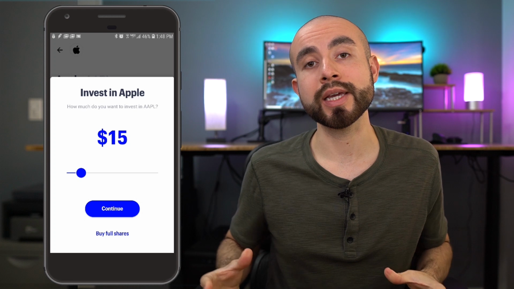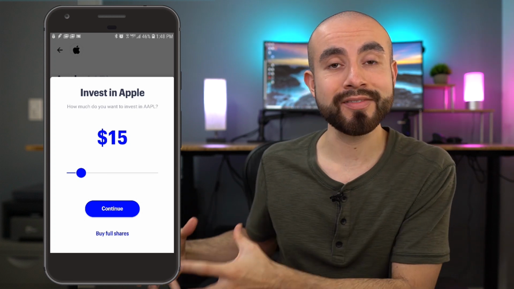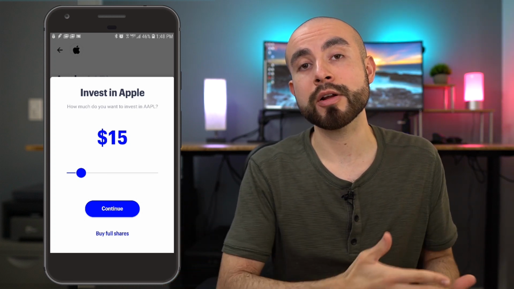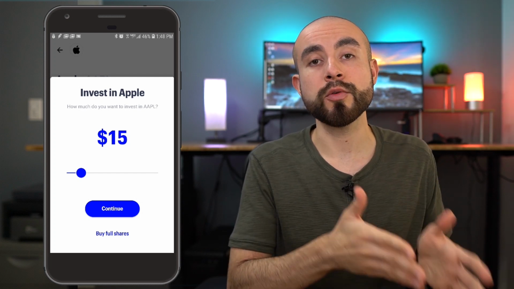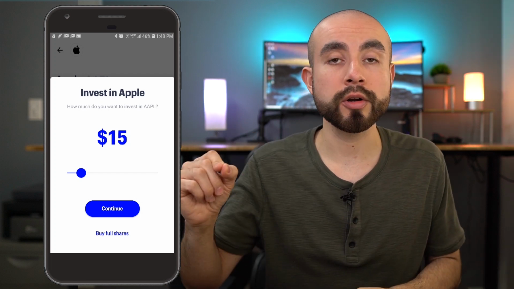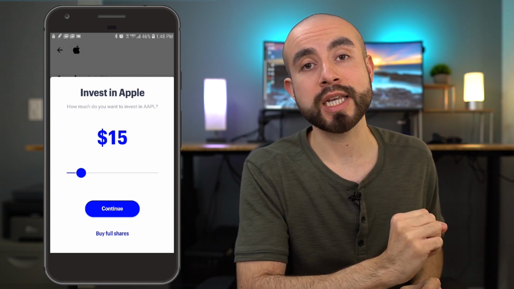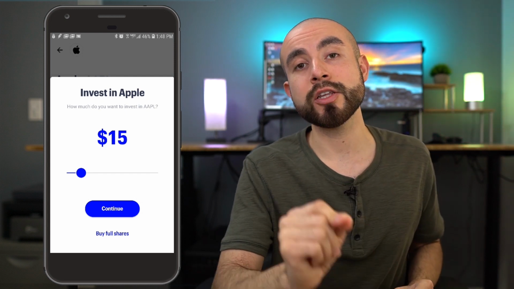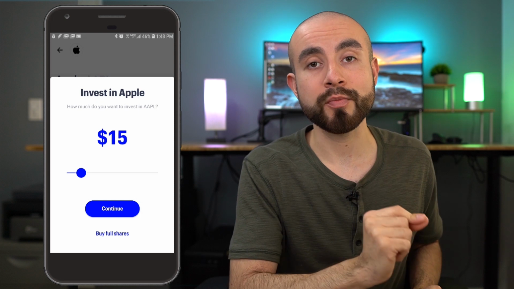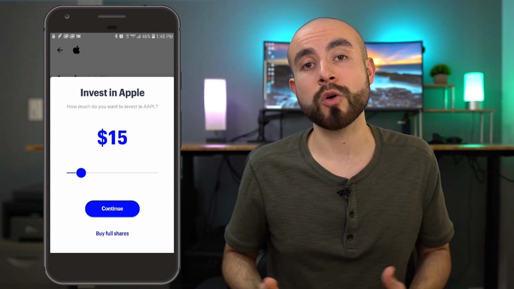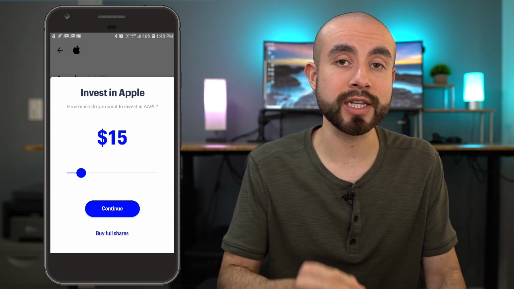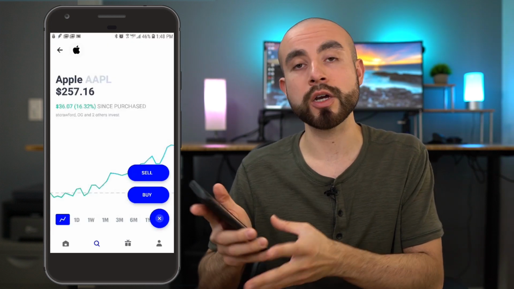The way it works with Public is you'll earn a dividend proportionate to the amount of the share that you own. So let's say, for example, that you invested in and owned a quarter of Apple. Let's say you own 25% of one share of Apple. The dividend you would earn would be 25% of that dividend. So I hope that makes sense, just to give you an idea. But to answer your question, yes, you will still earn dividends on Public, even if you only own a slice